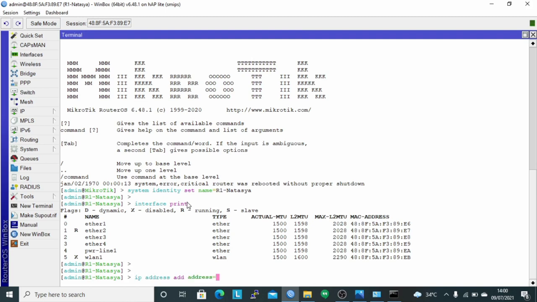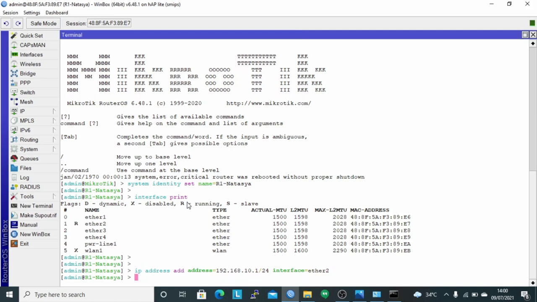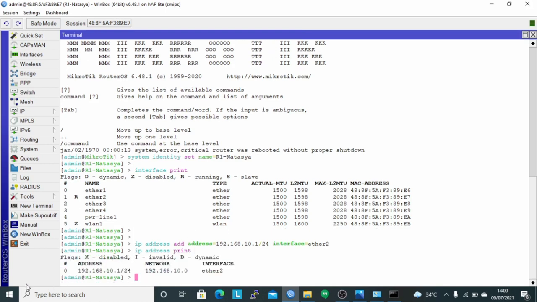Here I use the address 192.168.10.1/24 and the interface used is Ether2, and then check with the command IP address print. It can be seen that the IP for Ether2 has been successfully created.